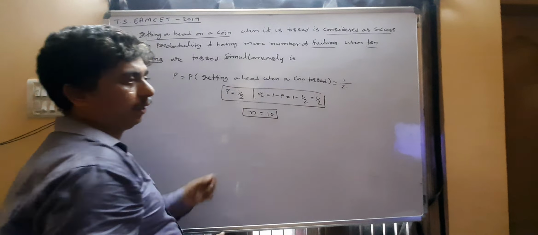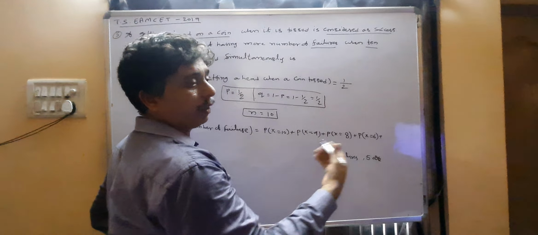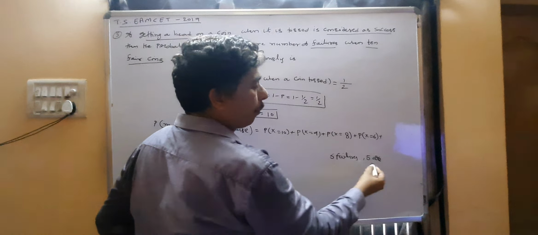That means either 10 failures or 9 failures or 8 failures or 6 failures, or if we take 5 failures, remaining 5 are the successes, means win. So this is the equal number of chances, so we will not take it. If we take 4 failures, 6 wins. If we take 3 failures, from this case onwards, we have more number of wins we get. So up to probability of 6 he can take it.